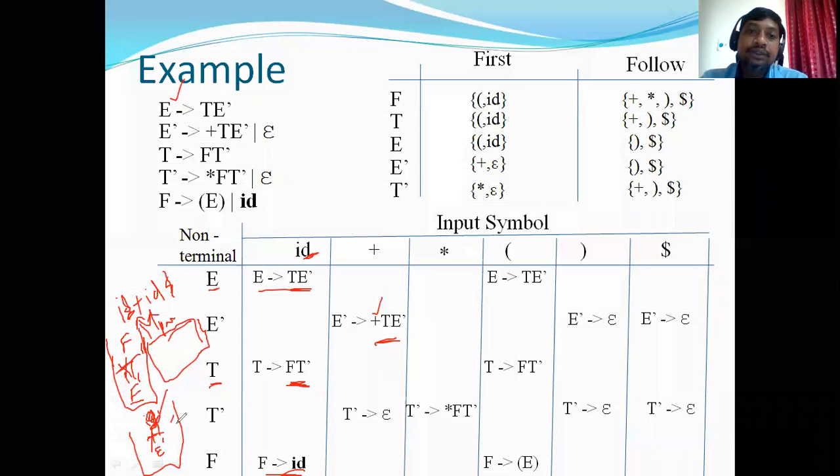So if you observe here, how are we getting these entries, E dash with plus? Why are we applying this rule? Because if the input symbol is plus, and you start with the production rule which exactly matches plus, then there is a chance of getting the right match.